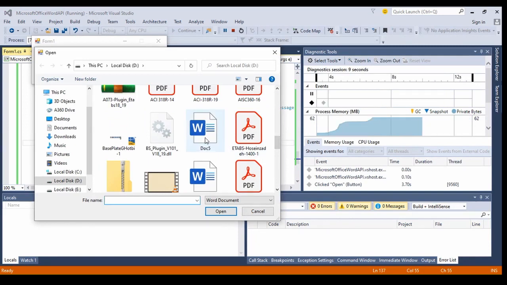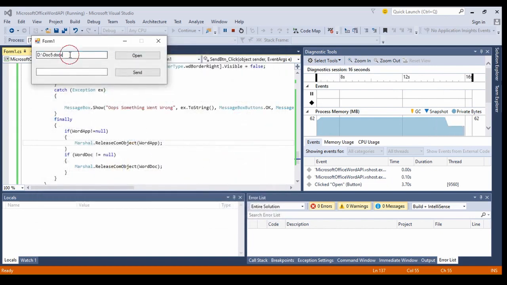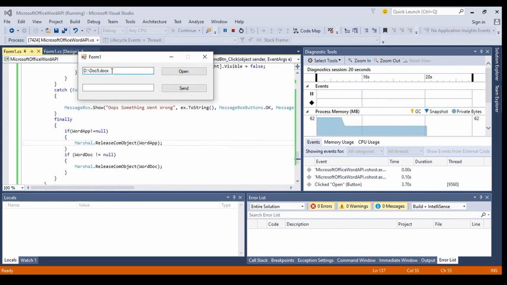Okay, I have a doc 5 already here. Click on Open. This is the part where we assign the address of the file in the address text box. And here in this text box you can write something to be shown in the document. So I want, for example,